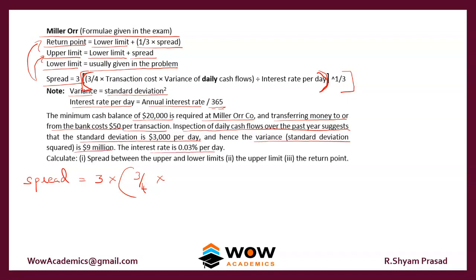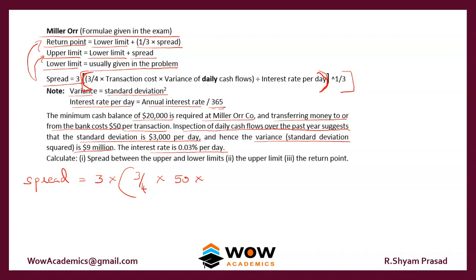The interest rate is 0.03% per day. He is asking you to calculate the spread between the upper and lower limit, as well as the upper limit and the return point. So he is asking for all the numbers here. So we'll take all the numbers and we'll do it. So first we need the transaction cost. Transaction cost is here, it is 50